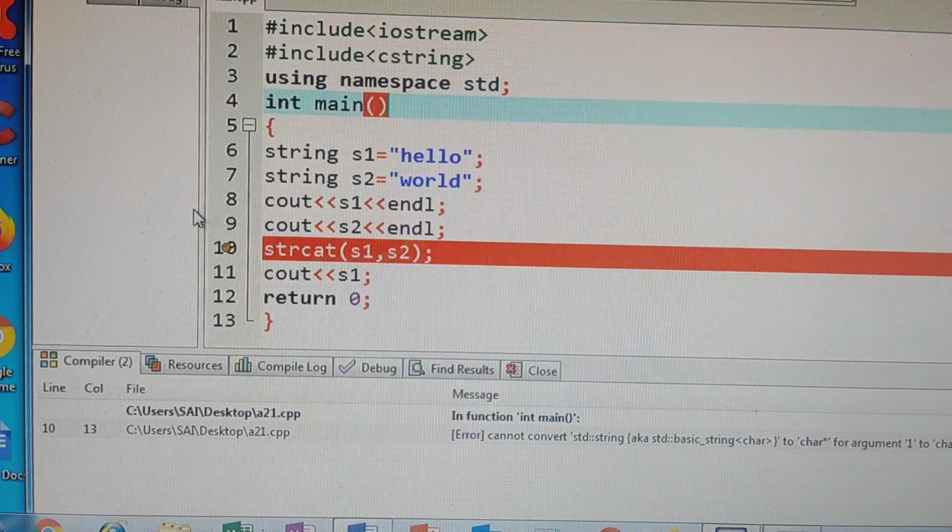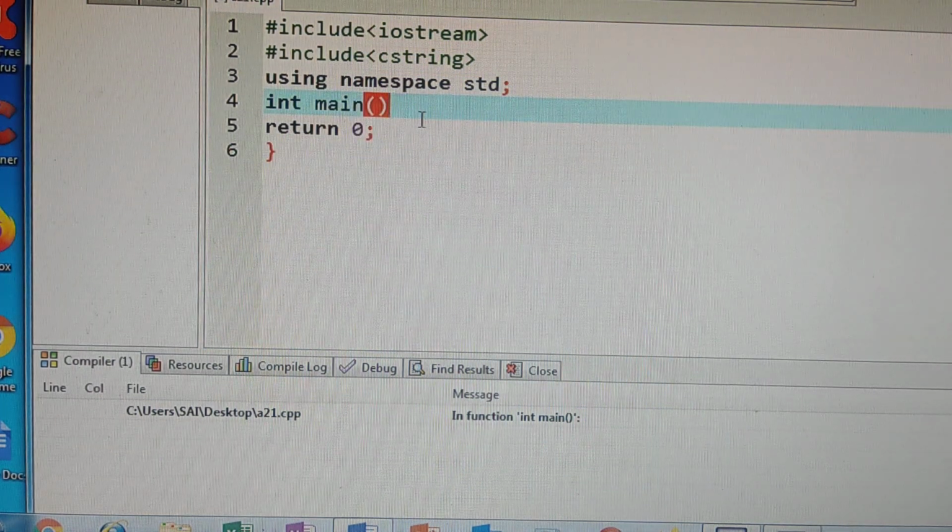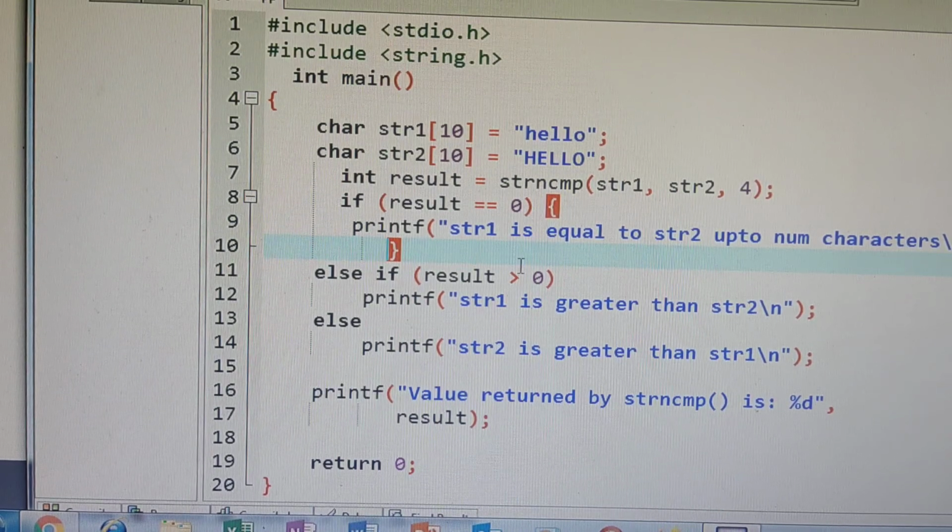Okay, now we'll discuss one more function. More functions are there, that we'll discuss now. So here I'm writing one more string manipulation function, that is comparison. Already I have explained string comparison. If you want to compare one string with another string, and both the strings are equal, then you will get a result of 0.